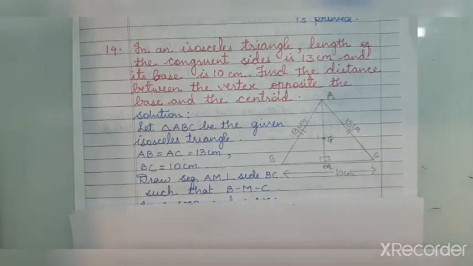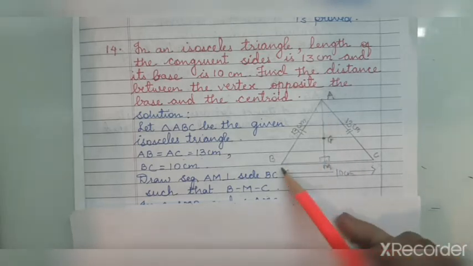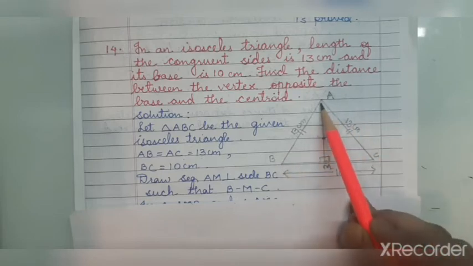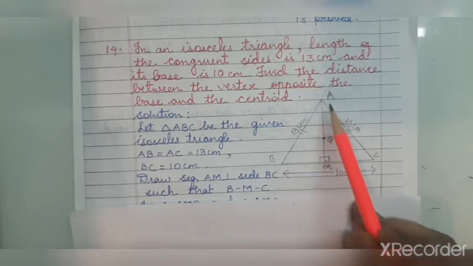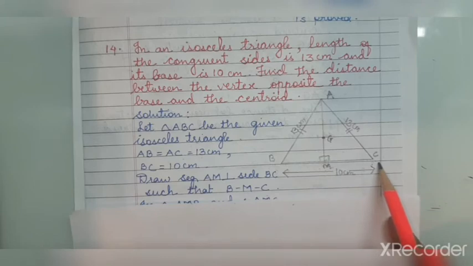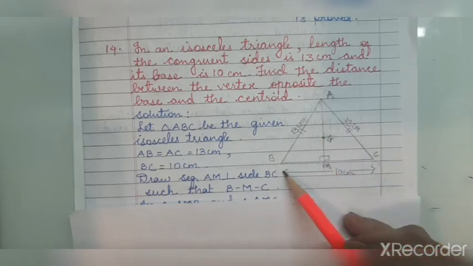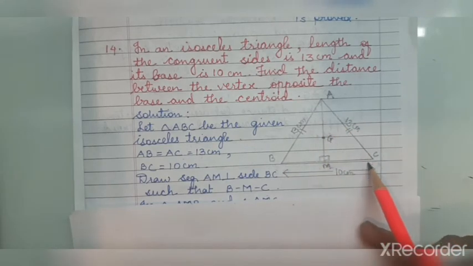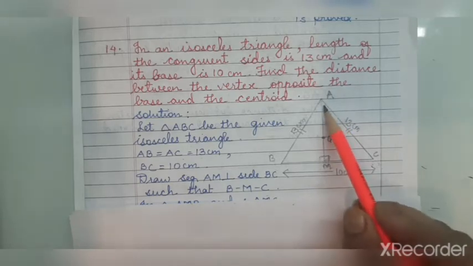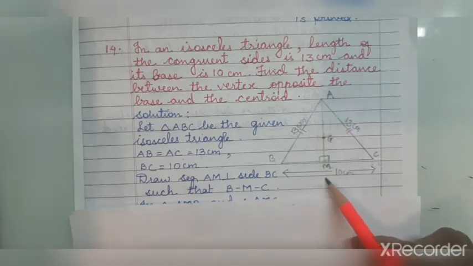For the hypotenuse side theorem, the hypotenuse should be congruent to the hypotenuse, and any one side congruent to the other side. So here, in both triangles, AB and AC are the hypotenuse. If you see, triangle AMB and triangle AMC are both right angle triangles, and hypotenuse AB is congruent to hypotenuse AC, because they are the congruent sides of the isosceles triangle. And AM is congruent to AM, the common side. So yes, we can use